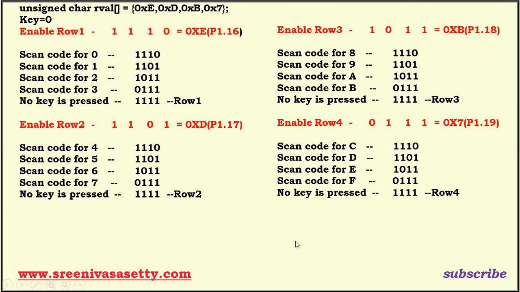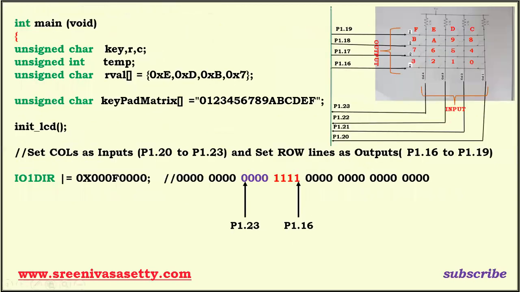Now I'm going to explain the program in detail. Now unsigned char key, it is for row, it is for column. Therefore we have 4 rows and 4 columns. Somebody has to keep track of rows and columns. So we can use the same program for 8 cross 8 or 16 cross 16, whatever it may be. The same logic is applicable. We just have to change the row and column value. That's all.